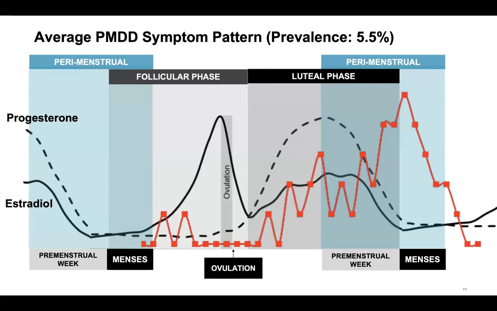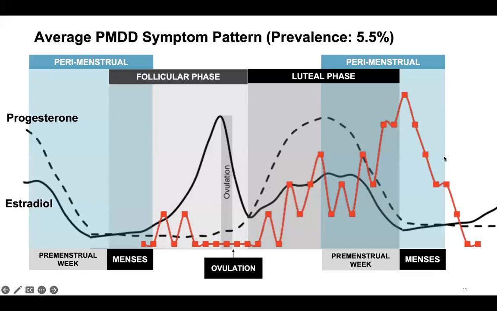So in 2013, the APA added premenstrual dysphoric disorder, PMDD, to the DSM-5. PMDD is characterized by at least 5 symptoms that are distressing and impairing in the luteal phase of the menstrual cycle, right? So you can see this clear on-off pattern of symptoms where there are no symptoms during the follicular phase, and then this rise in symptoms during the luteal phase with typically a perimenstrual peak in